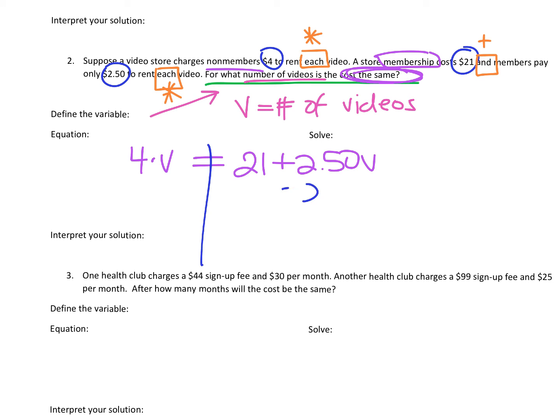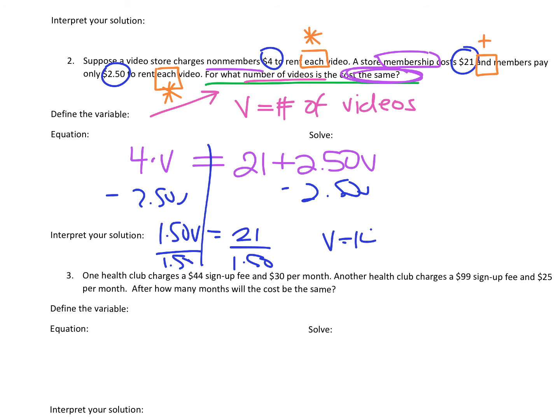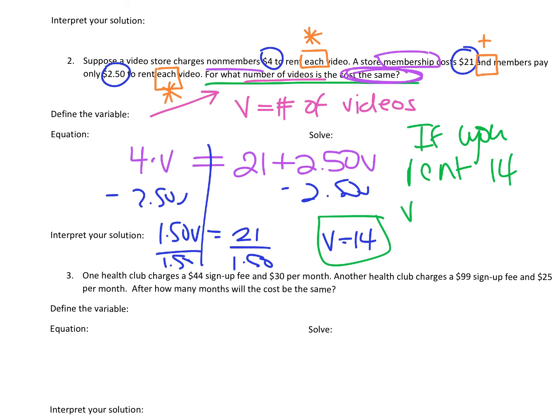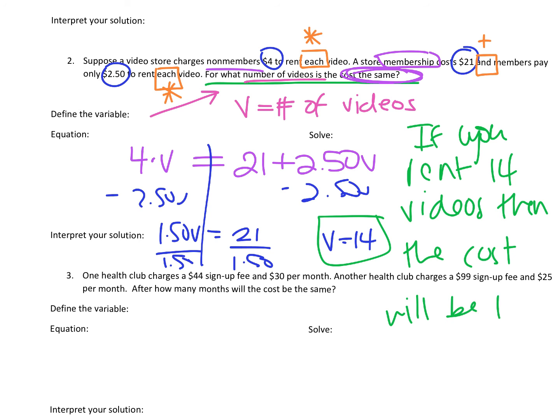And then we can go ahead and solve. Minus 2.50V, we get 1.50V equals 21, divided by $1.50. And we end up with V equals 14. But remember, we're not done yet. What does that actually mean in a sentence? Well, V equaling 14 means if you rent 14 videos, then the cost will be the